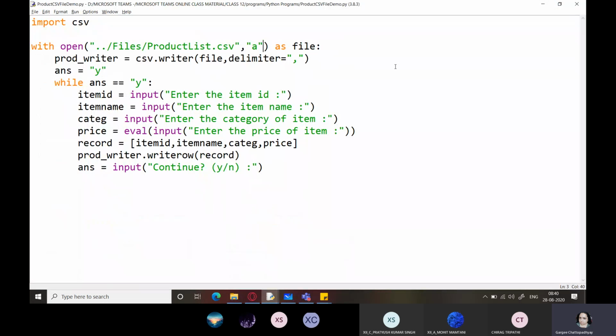That change would be, I'm going to type here newline equals empty character. That is, I don't want a new line. By default, the newline value is this: carriage return and new line. The carriage return is going to take up enter and /n is going to insert a new line in between. Okay. It's like this.